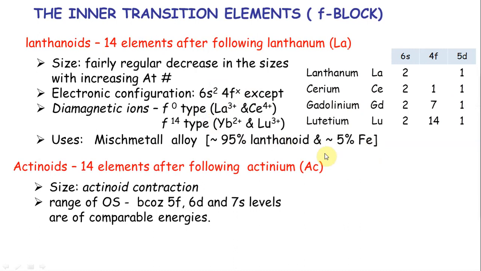There are 14 elements following actinium, and the size is going to be contracting just like your lanthanoids. There we called it lanthanide contraction. Here it is actinoid contraction or actinide contraction. They have a range of oxidation numbers. When it comes to lanthanoids, the most common oxidation number that most of them have is +3 right here. Only cerium doesn't form just +3, it forms +2, +3 and +4, but all of them form +3 and they don't exhibit much other oxidation states. Whereas actinoids exhibit a lot of oxidation states because all these orbital energy levels are much closer, so it's easy to remove. Okay?